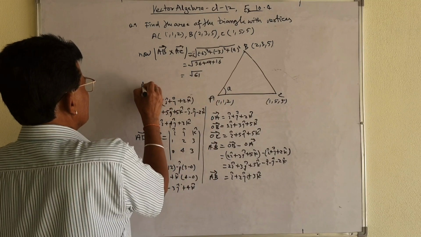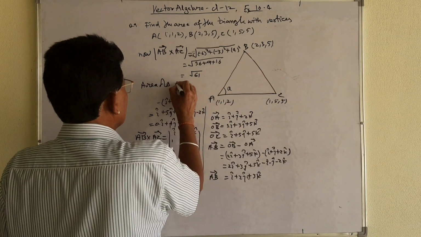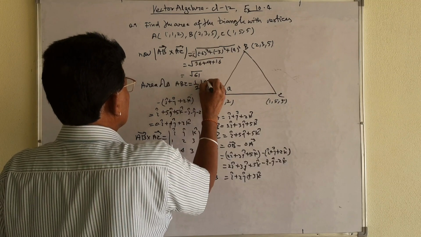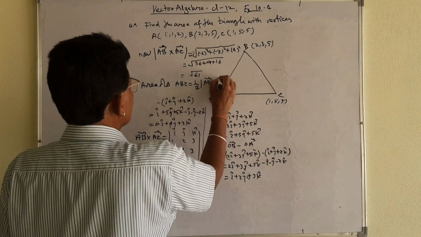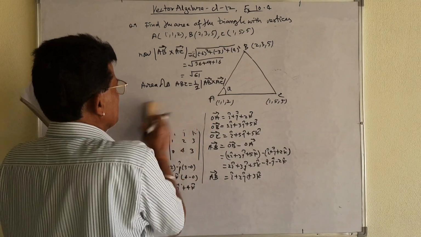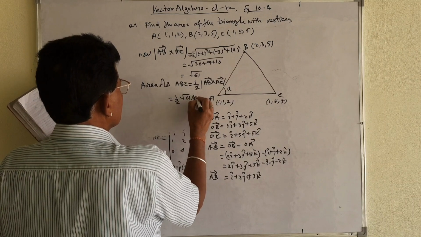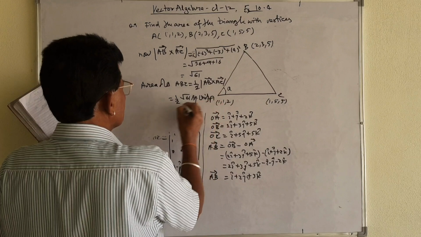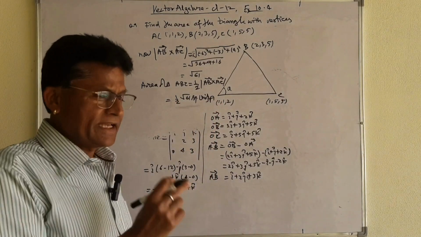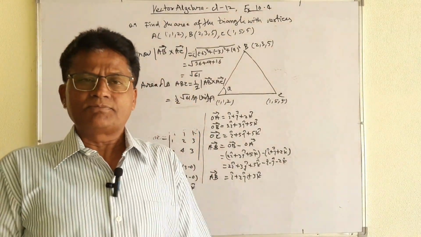And the area of the triangle ABC will be equal to half the magnitude of AB cross product with AC. Then its area will be half of root 61 square units. This is the area of this triangle. Most important thing, I discussed two things: area of the parallelogram, area